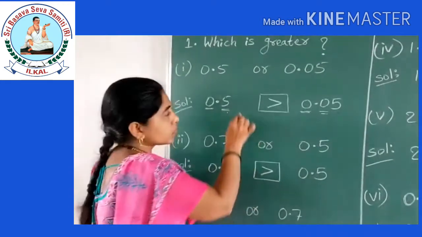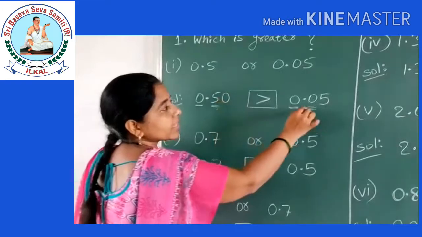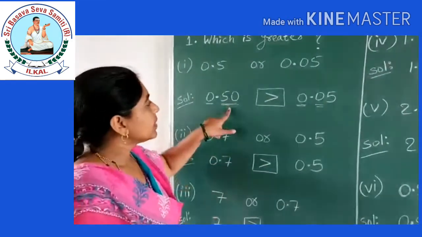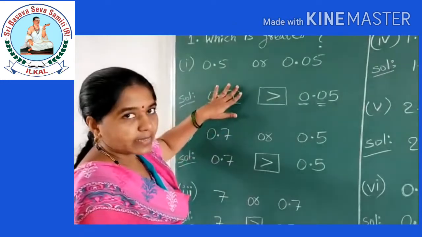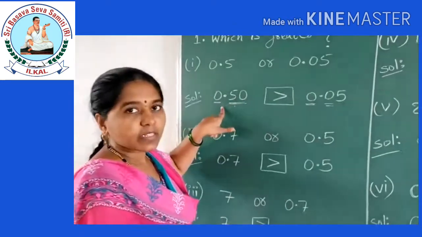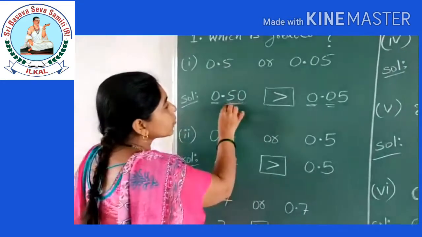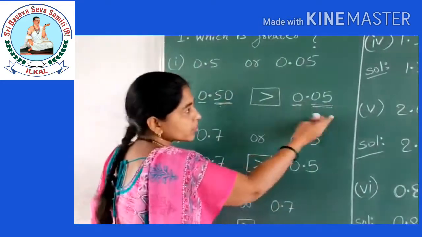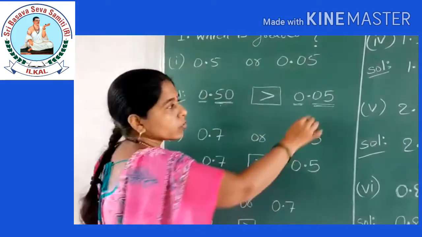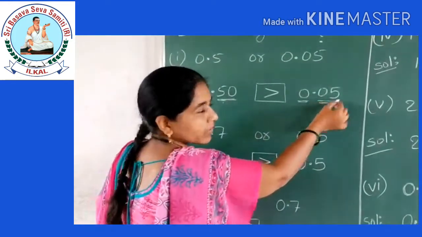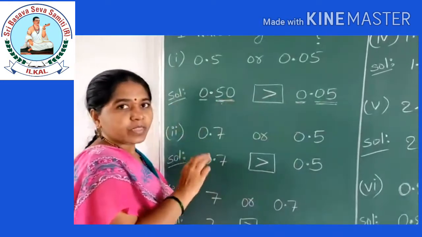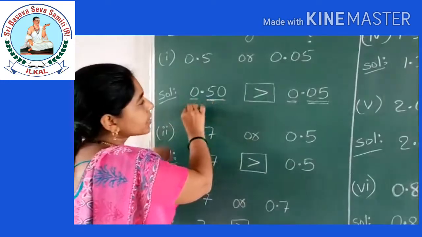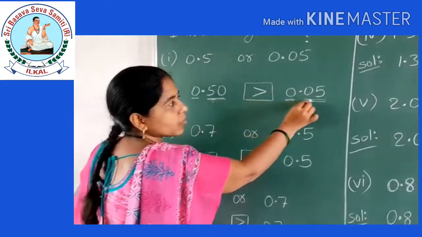Still, if you have confusion, we can take another place. If they gave 2 places, children, here also you write 2 places. Okay, it won't change the value. The value remains the same. 0.50 is nothing but 0.5 itself. Okay, if you write 2 places, here 5 becomes 50, is it? We should not read it as a whole. Then you can compare in your mind: 0.5 is 5 and 50 is 50. In your mind at least you can calculate, but we will read it as 50. 0.50 is greater than 0.05.